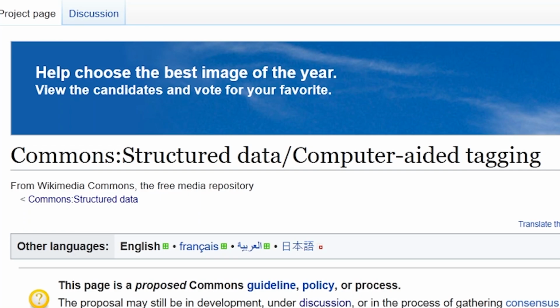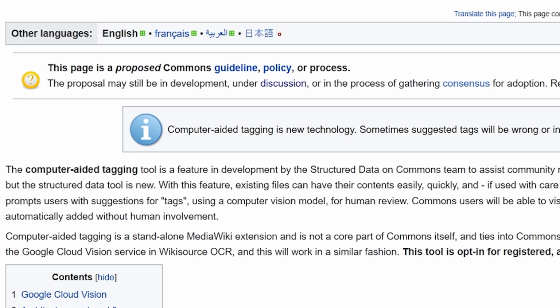Today we are going to look at computer-aided tagging. Wikimedia Commons has a new tool in development to help add structured data to all of their images. This data helps identify images with consistent information. This will eventually help with the search for specific images, and it helps the computer know what the images actually